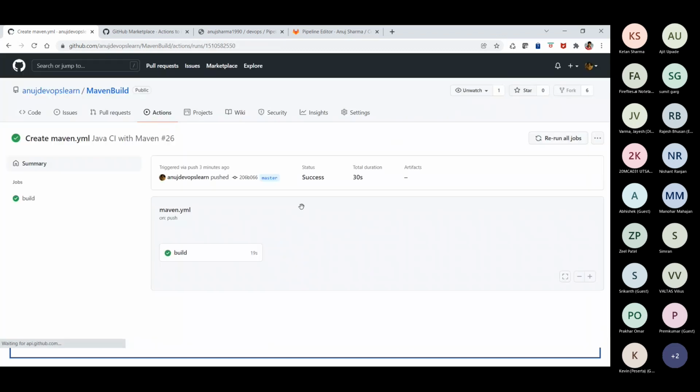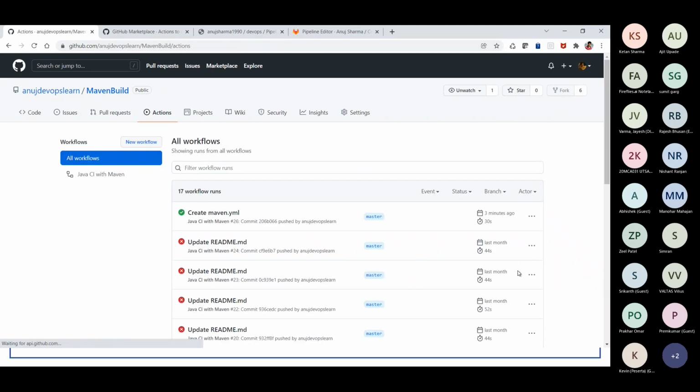And if I go to the summary, some of them will genuinely be failed ones, like you can see here. Now I don't have to pay for 1 day or 2 days. I just have to pay for 30 seconds, because that's the only time duration taken here. So this is not only easy for a DevOps engineer to configure, but at the same time it's also economical, because you're not going to pay for your infrastructure when you're not using it. You're just going to pay for the infrastructure when you are actually using it for that duration of time. So I was just using it for 30 seconds, and I just paid for the 30 seconds only in this case.